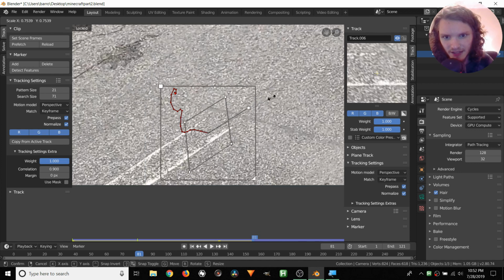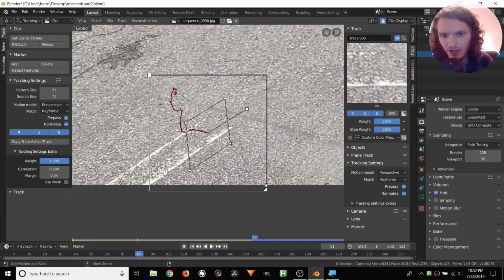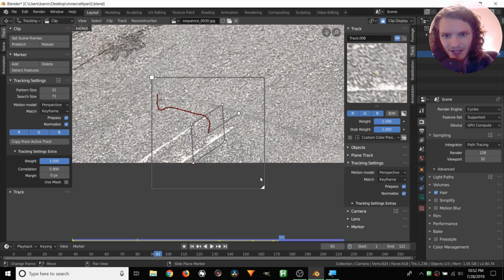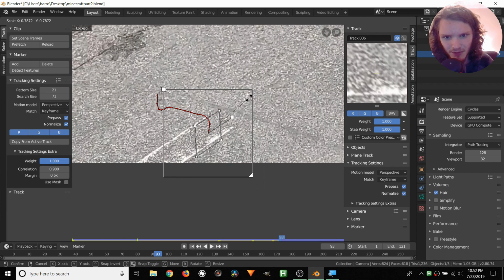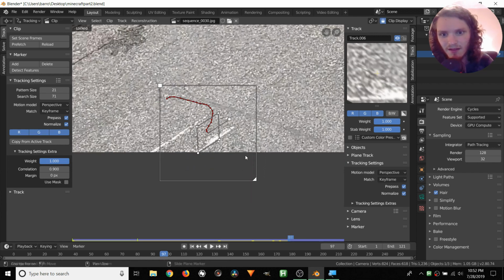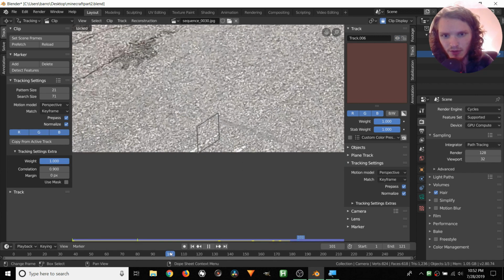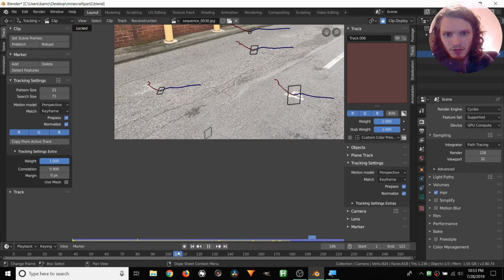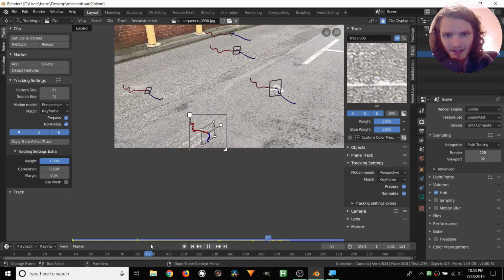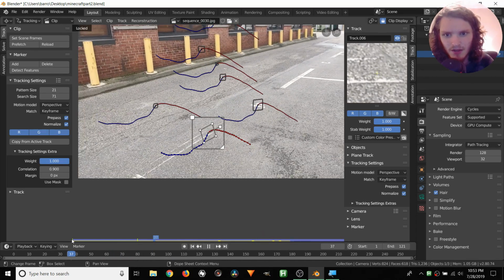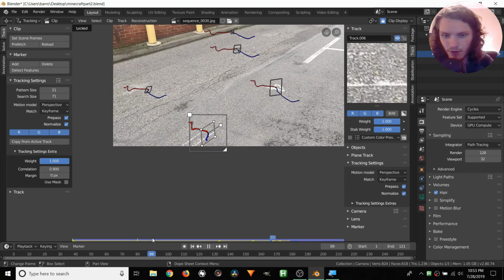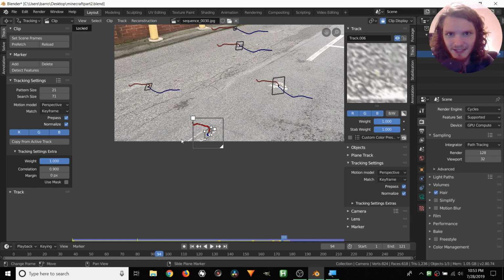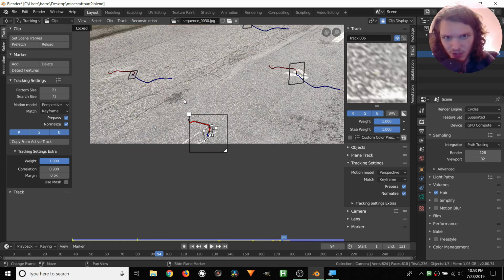So let's scale everything down and bring back up our search area. Control T. Again, we can repeat this one or two times until it becomes futile. Okay, so it's starting to become impossible. We can still do one or two more rounds. Okay, so let's see what happens after this point. Okay, so, whoops. Oh, so it almost made it to the end, but not quite. That is a shame. So we could either lock it in or go for a different tracker. Since I didn't last time hold on to trackers that didn't make it all the way through, I'll hold on to this one because it's perfectly fine.